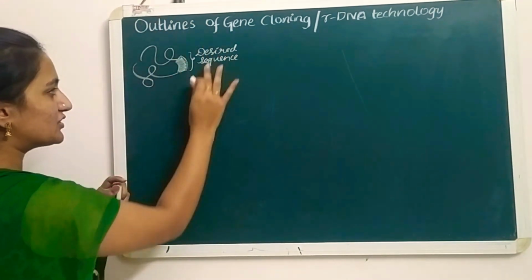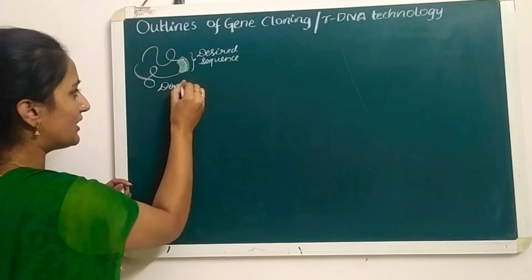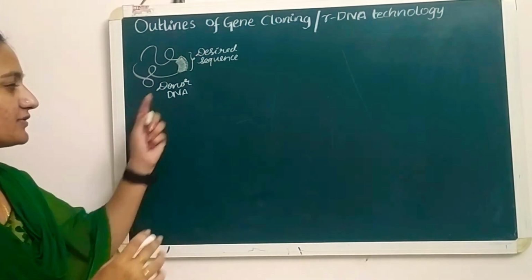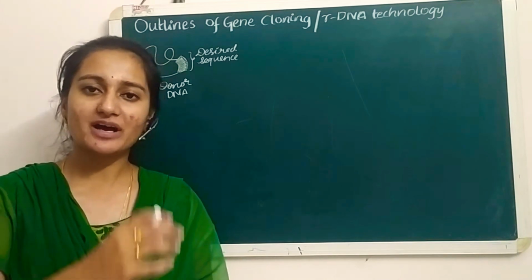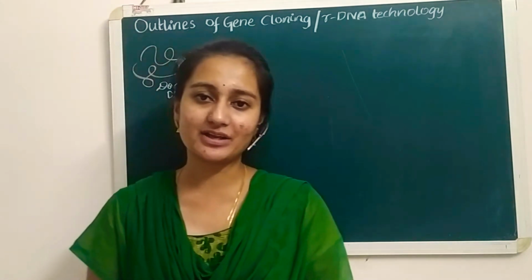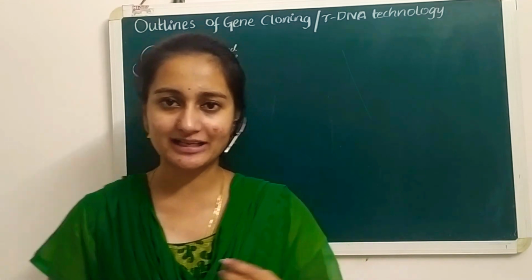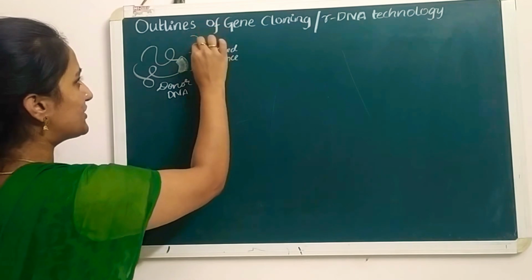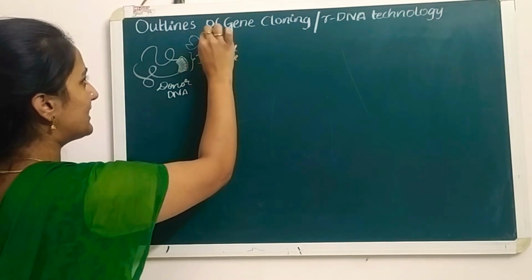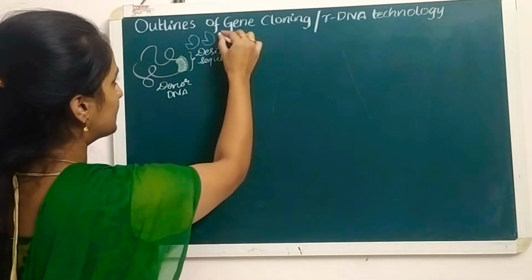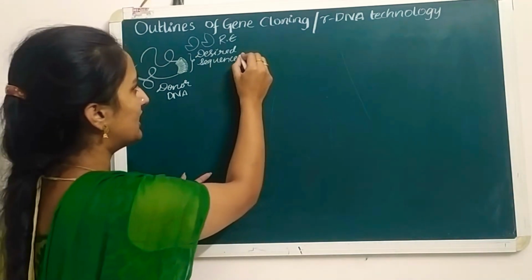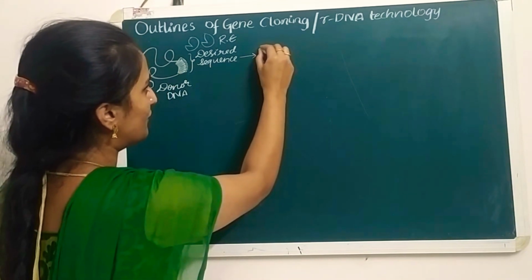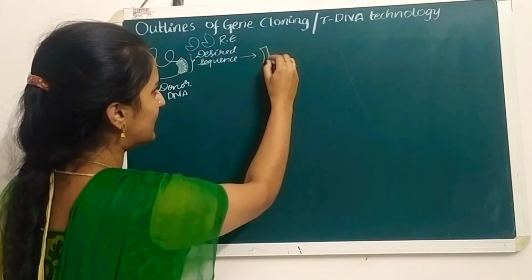This whole genetic material is considered the donor DNA. For the separation of this particular sequence present on the donor DNA, we require enzymes which have a cleavage function. We call them restriction enzymes. Whenever we add the restriction enzymes to this donor DNA, for example, I'm just writing RE enzymes here, they perform the cleavage function and we will get the particular fragment of our desired gene.